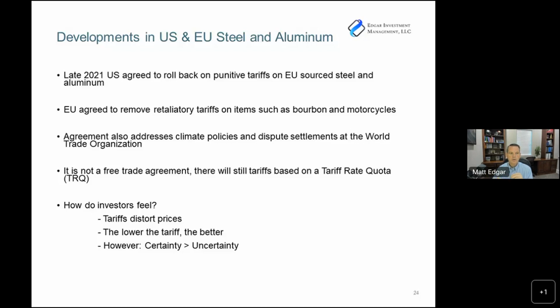That agreement, which is still, I believe, being negotiated, also addresses some climate policies. It also addresses some disputes that the US and the EU had in the World Trade Organization. It is not a free trade agreement. There's still going to be a tariff. It's based on historical import rates and things like that, and gets pretty complex. But it is interesting because it seems a little bit more accommodating to EU sourced steel and